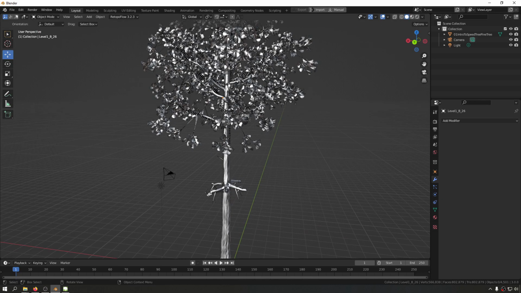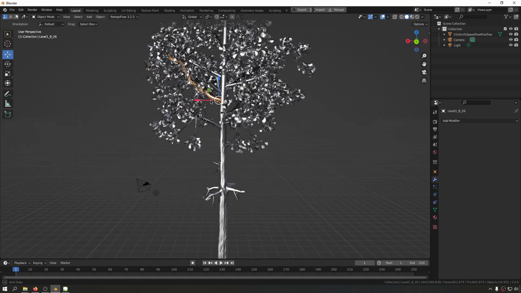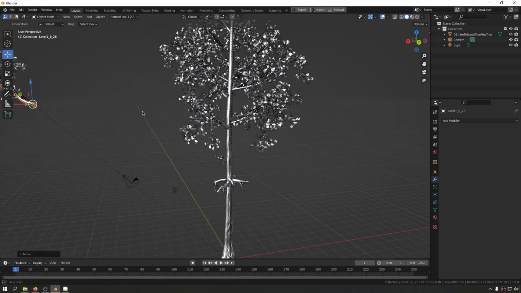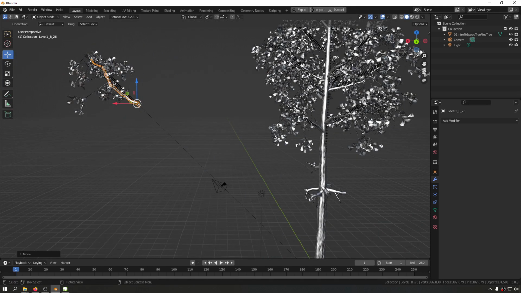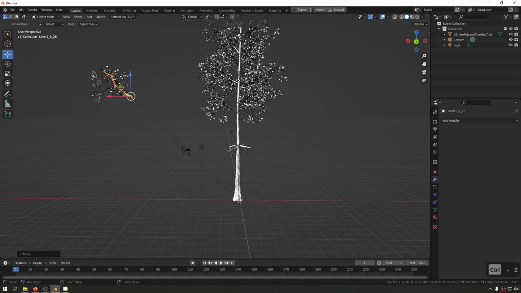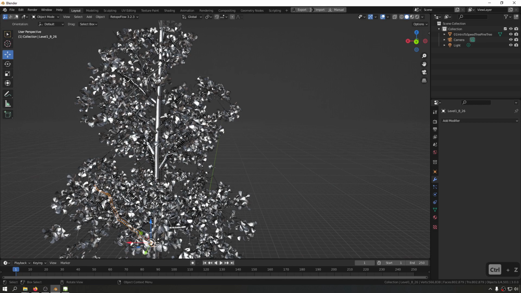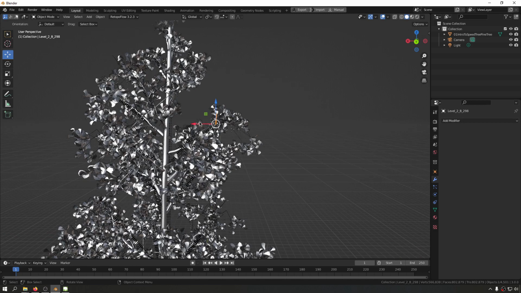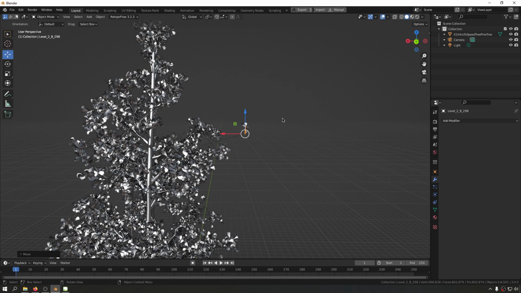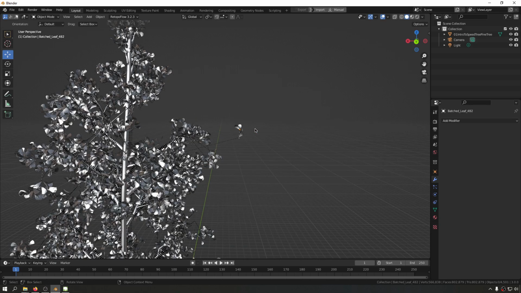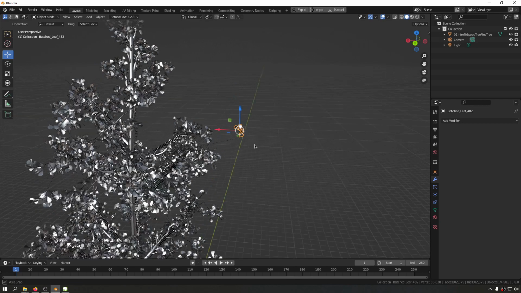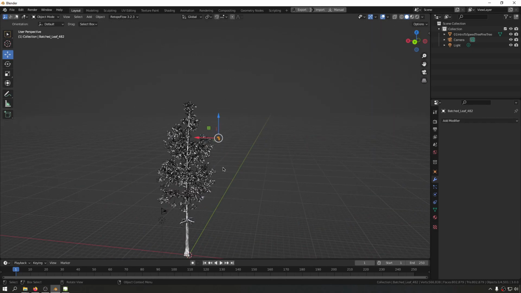And if I take this big branch, for example, and try to move it, it's going to move it and its children because of the hierarchy system that we created there. And if I take a single leaf in here, I'm able to move this without any problem. And if I take this, you see the pivot is set to every mesh separately. And if I take the tree,